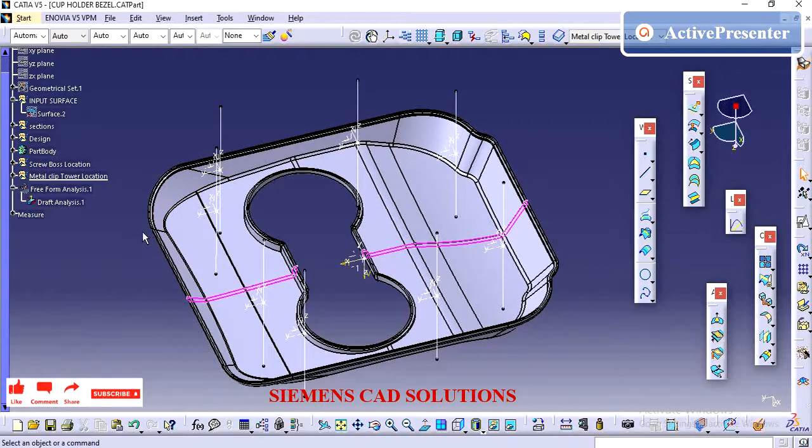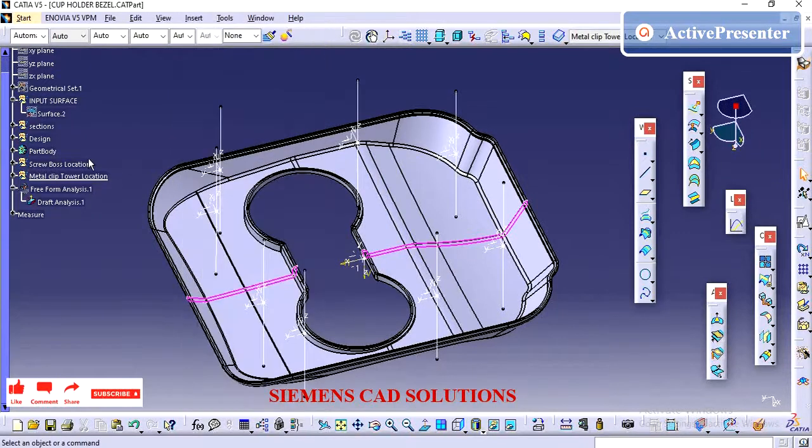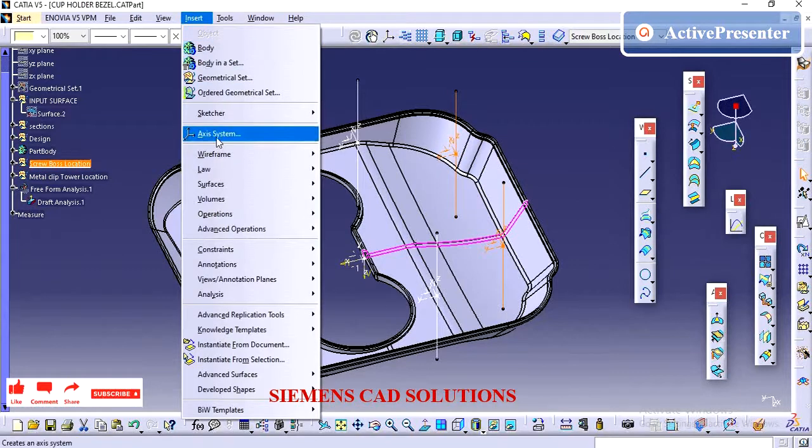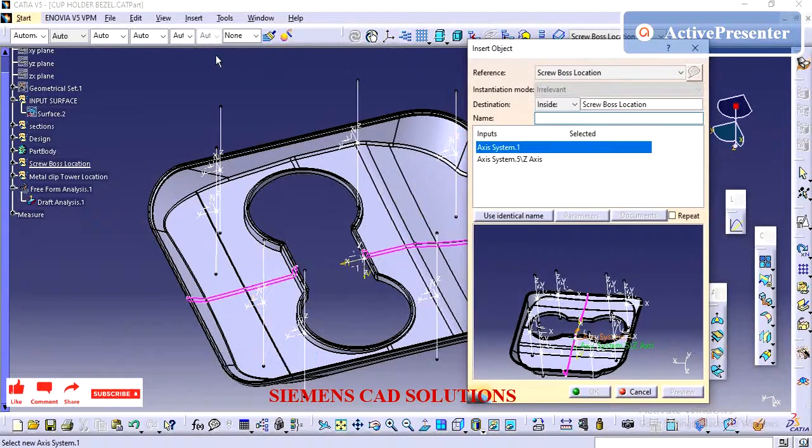Hi friends, in this video we are going to see how to add the attachment features to this bezel part. In the previous video we saw how to create the closed volume for this part, from A surface to B surface generation.